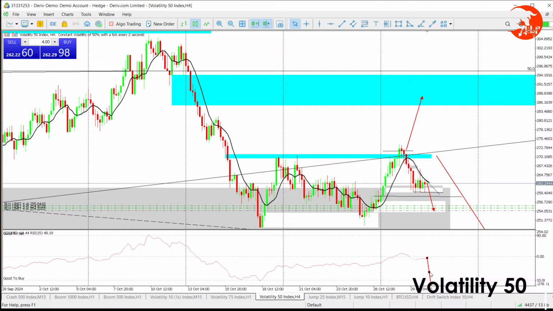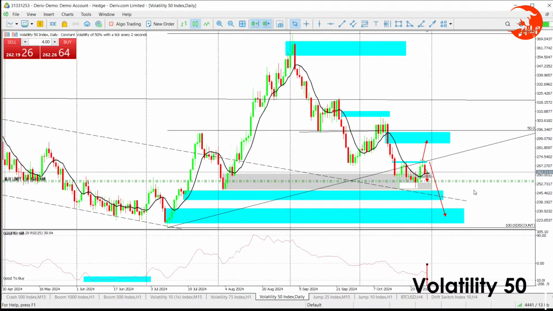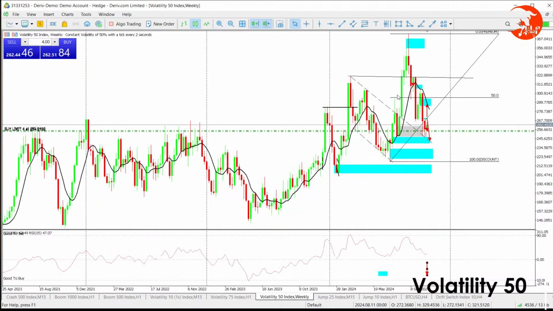Why are we looking for buy entries? In the long run, at daily, we are looking for that pullback there to get to oversold. It's the same as H1. Whatever we are looking for on H1, it's the same as what we are looking for on daily. So anticipation, that liquidity, then head over back into buys. Why are we looking for buys in the long run? Weekly, we know that we broke structure there. So this was a retest